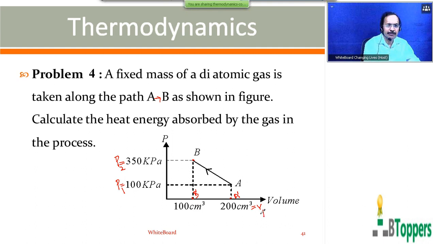Volume in the initial state is V1. Volume in the final state is V2. The volume of the gas is decreasing. We can say that work is done on the gas. So I am repeating the procedure of the previous problem first. So work done on the gas